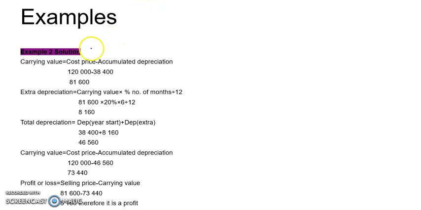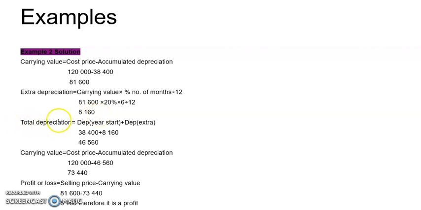Our solution for example 2, we are first going to calculate our carrying value. So carrying value equals the cost price minus accumulated depreciation. It's 120,000 minus 38,400. It is 81,600. Remember that this is also our selling price because we sold the asset on carrying value. Then we have extra depreciation, which is our carrying value times percentage times number of months divided by 12. It is 81,600 times 20% times 6 divided by 12. And we get